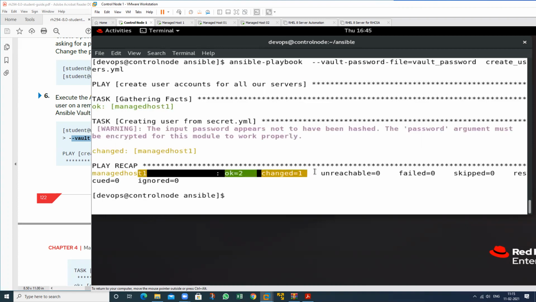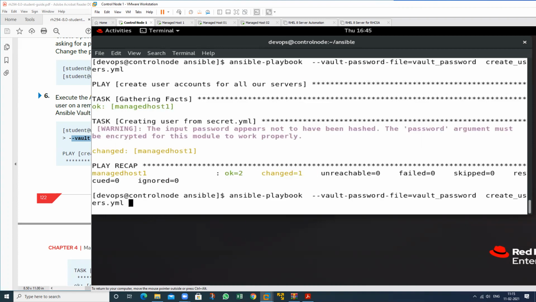So the user has been created, and if you want to see whether the user is created or not, use the ansible managed host one with the hyphen a argument, and you want to see cat /etc/passwd.